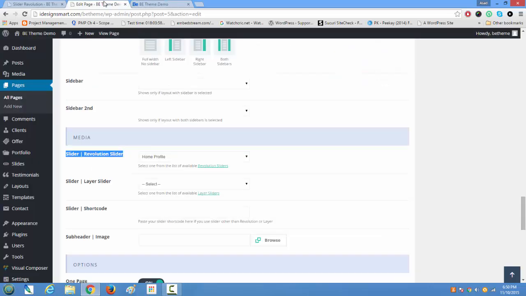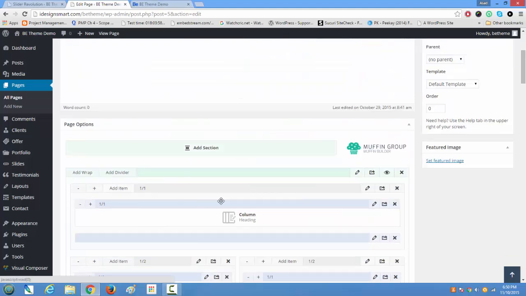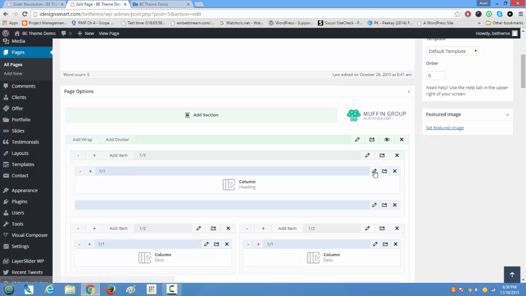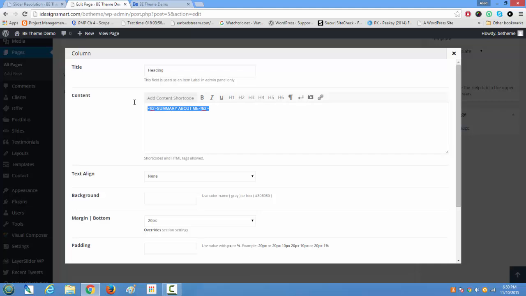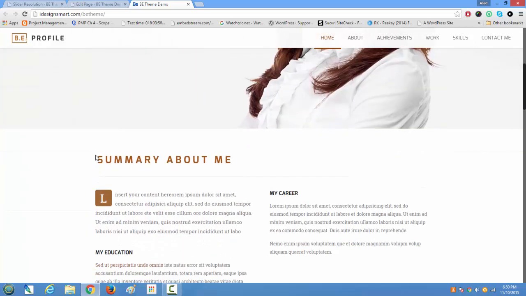So looking at the page, if you scroll up, when the Muffin Builder starts, here is a heading. They begin with a heading, and if you want to edit this heading, what you have is an H2 where it says summary about me. Remember your page starts from here and the slider is before that. So the summary about me heading is here, and then you have